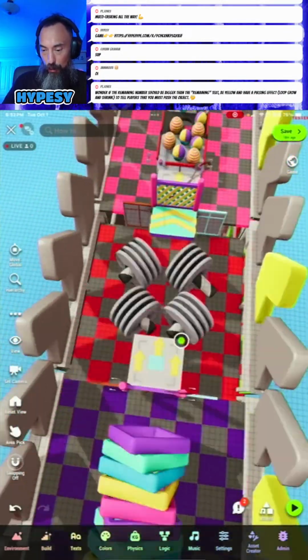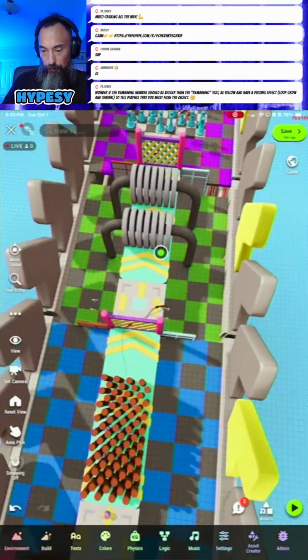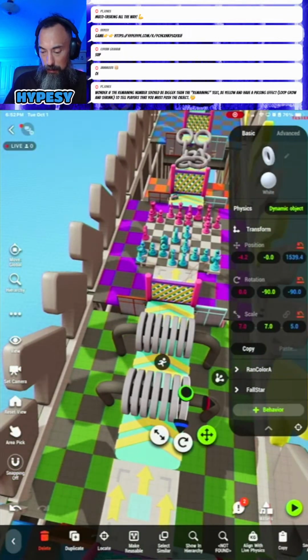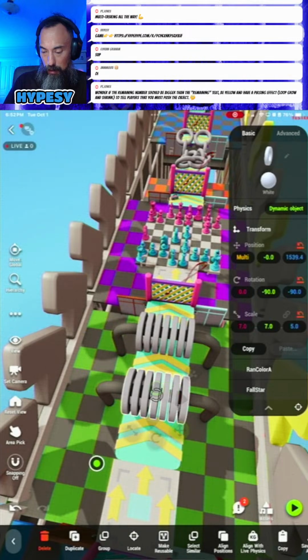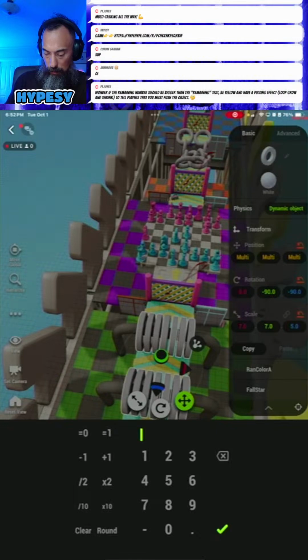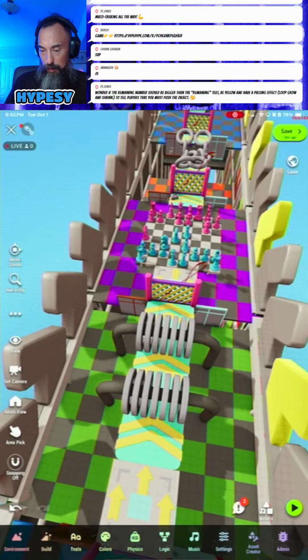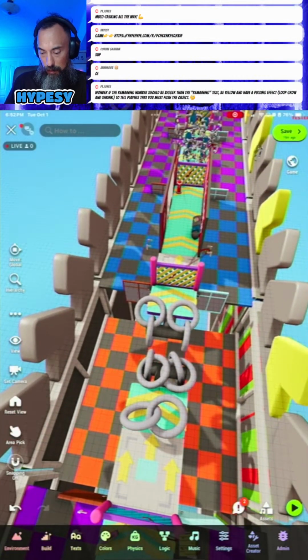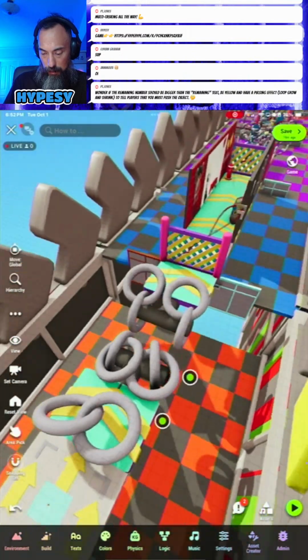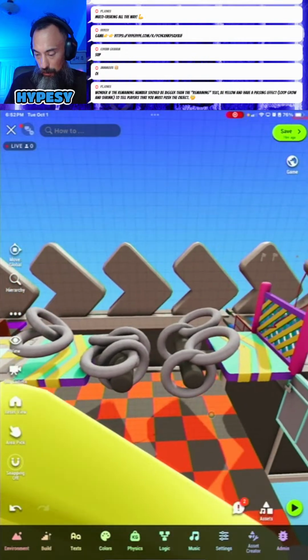Do a quick run through. I'm gonna make these a little bit skinnier as well. Do 4.5. I made this one easier too.